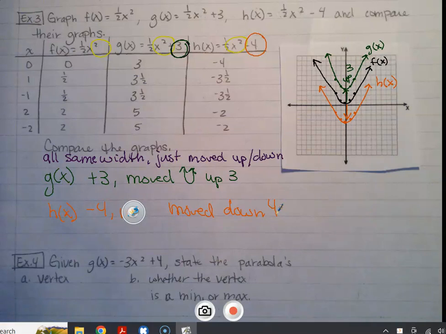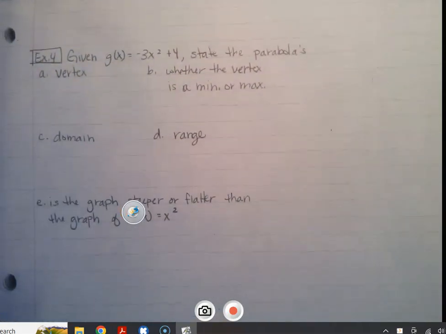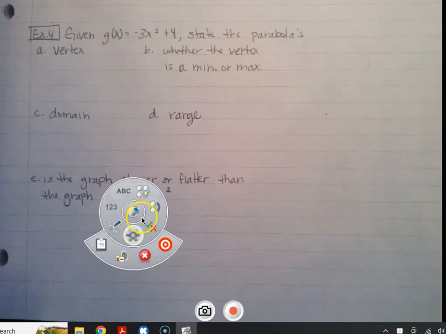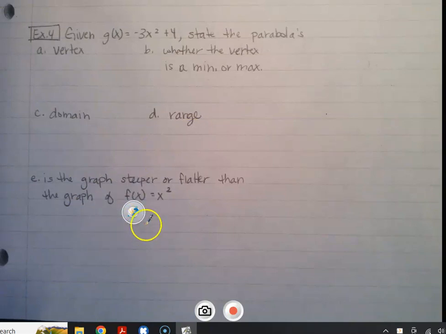Okay, so let's look at example 4. We're just going to, it says, given the g of x equals, state the parabola's vertex, whether it's a min or a max, its domain, its range, and is the graph steeper or flatter than